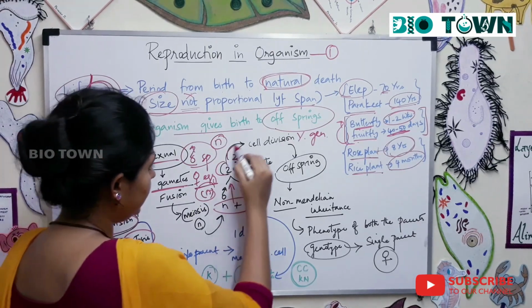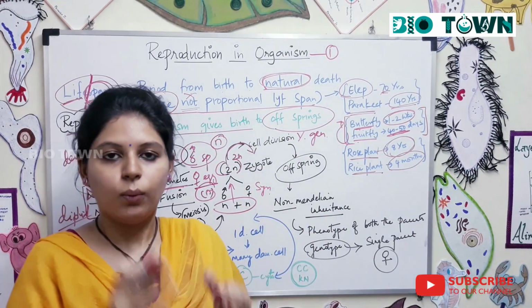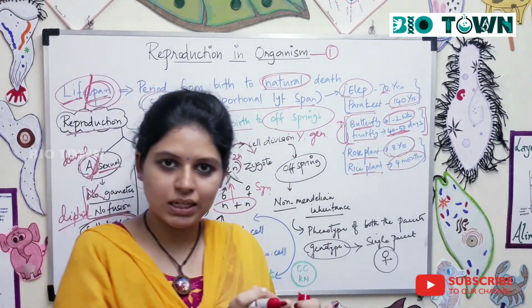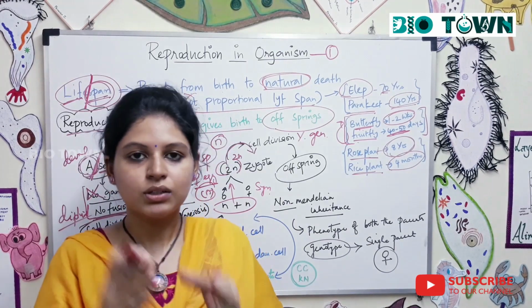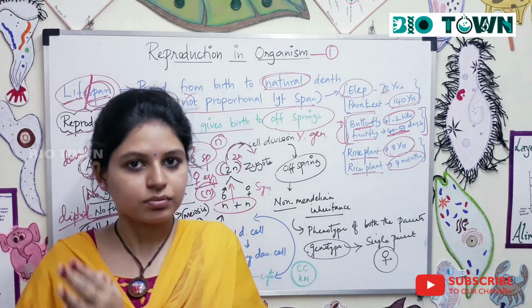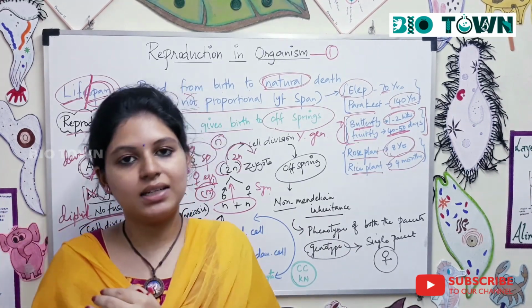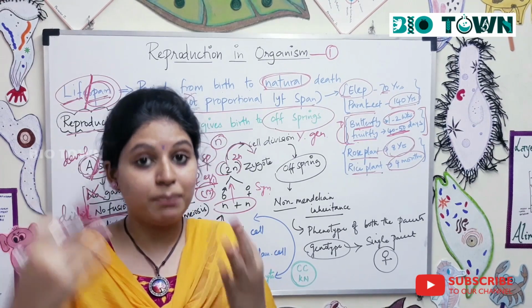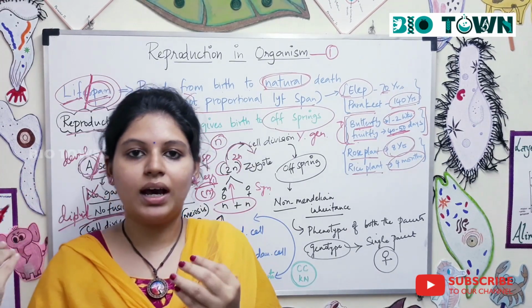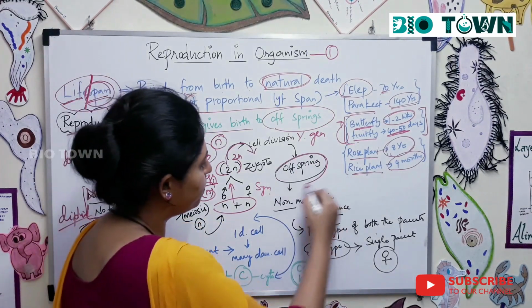And then again they undergo cell division. So what are the different types of cell division? Mitotic cell division, where a single cell divides into 2, 2 into 4, 4 into 16 cells. So that's how the cells divide, and it undergoes different stages in cell division, that is blastula, gastrula, and morula, and then there is the offspring.